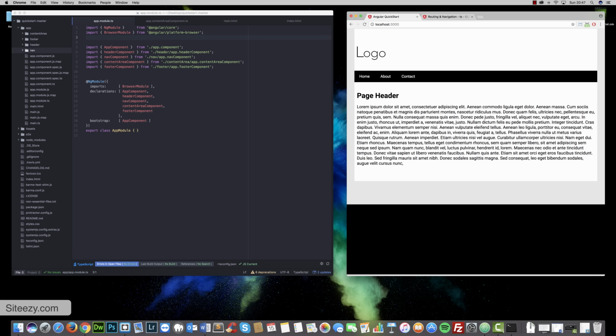And what routing is, it basically changes an area of the DOM. You can view it in a similar way to Ajax if you know what Ajax is or does or how to use it. But it basically reloads an area of your page without reloading the entire page. I've kind of hit on that several times in this tutorial. So what we need to do is we need to create